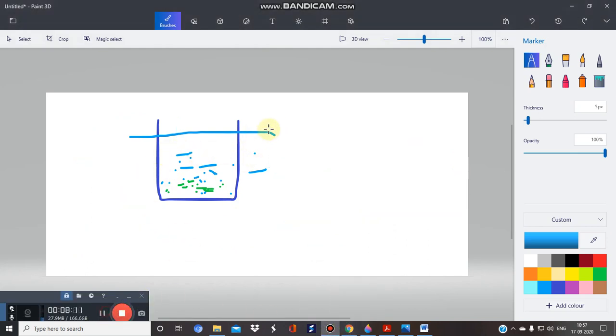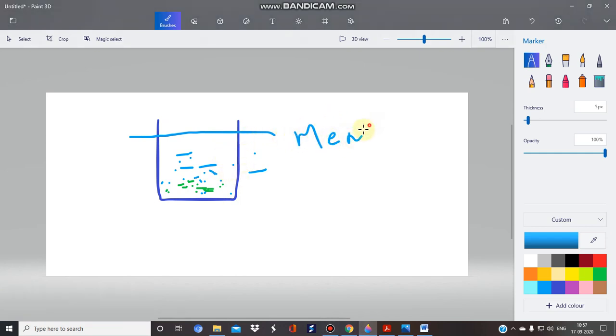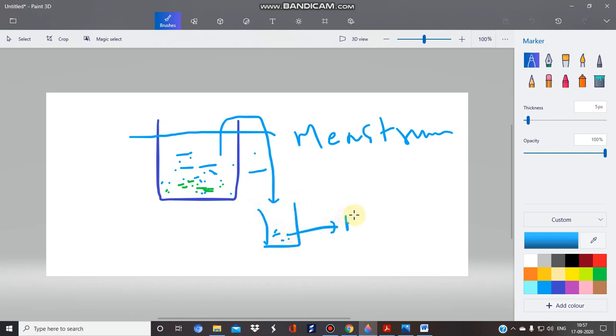Again, the solvent that we use for maceration is known as what? Menstruum. Whereas after 3 to 7 days, we filter it, and the filtrate obtained is known as the macerate. And when we sieve or filter it, there is debris of the drug that remains outside. That is known as the marc, M-A-R-C. Take an example of tea again.